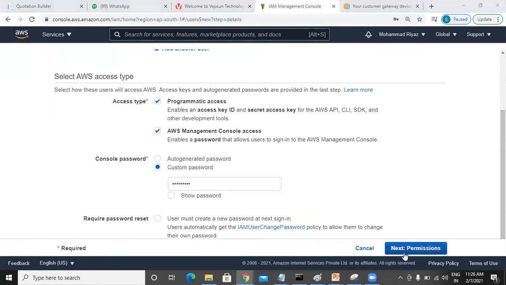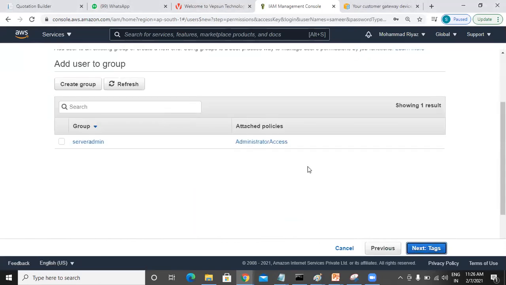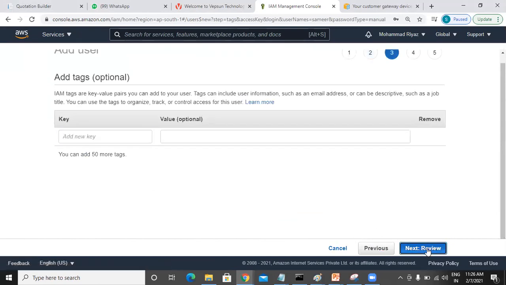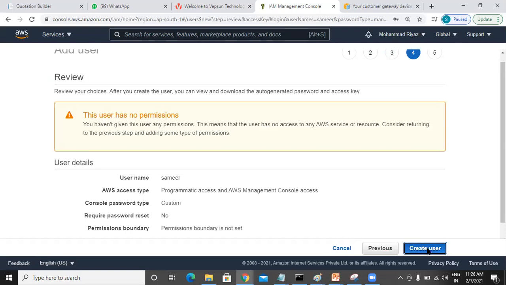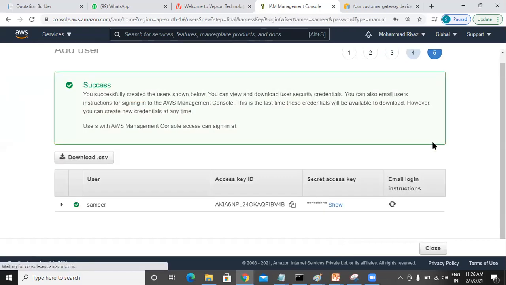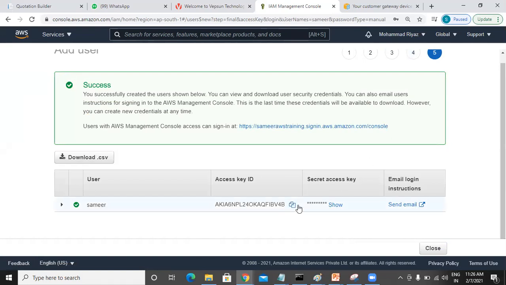So I'll say next. Whenever you say next, it will ask you whether you want to add it to any group. I'm not adding, so next, review, and say create user. By default, the user will have read only permission.